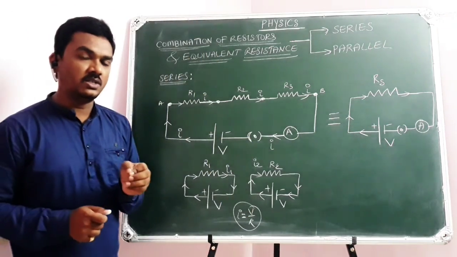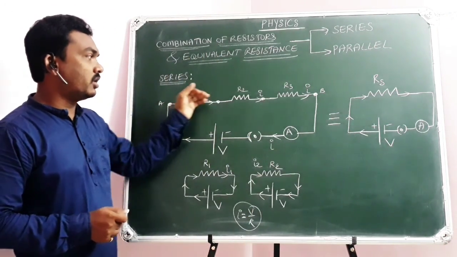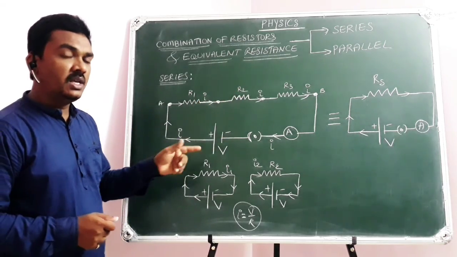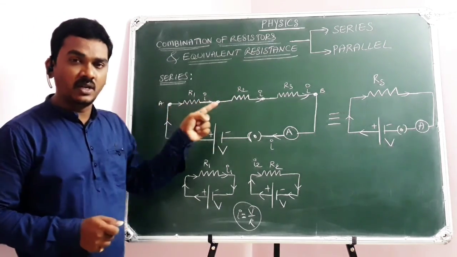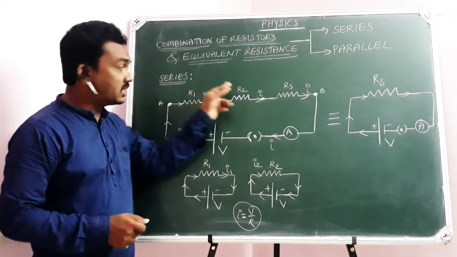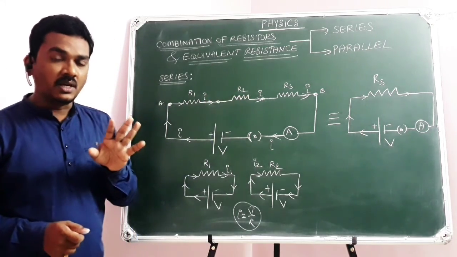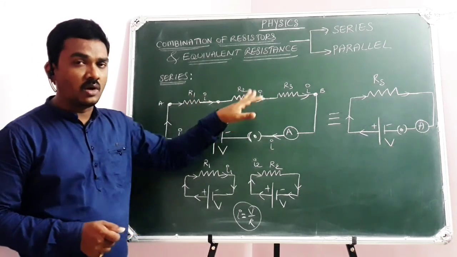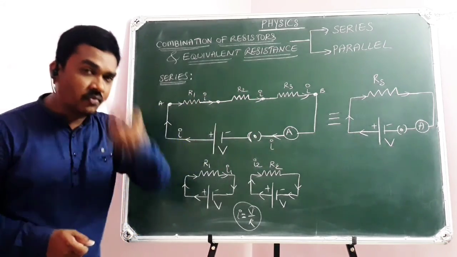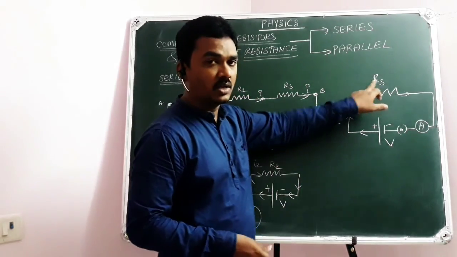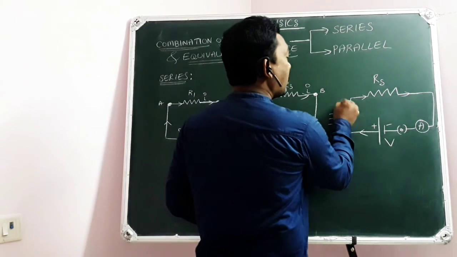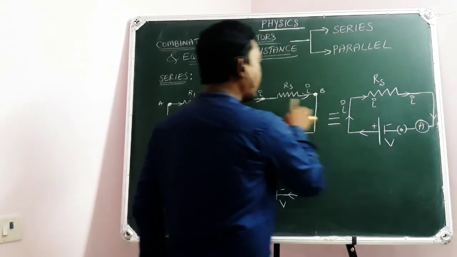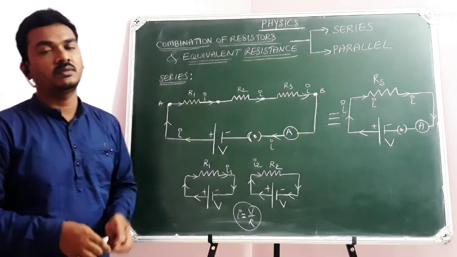But first what you need to understand: when the resistors are joined end to end, the same current will travel through every resistor, though their resistances are different. The reason is, they don't offer R1 or R2 or R3 in the electric circuit. They offer RS in the electric circuit. So there is a common current that is traveling through each and every resistor in series combination.